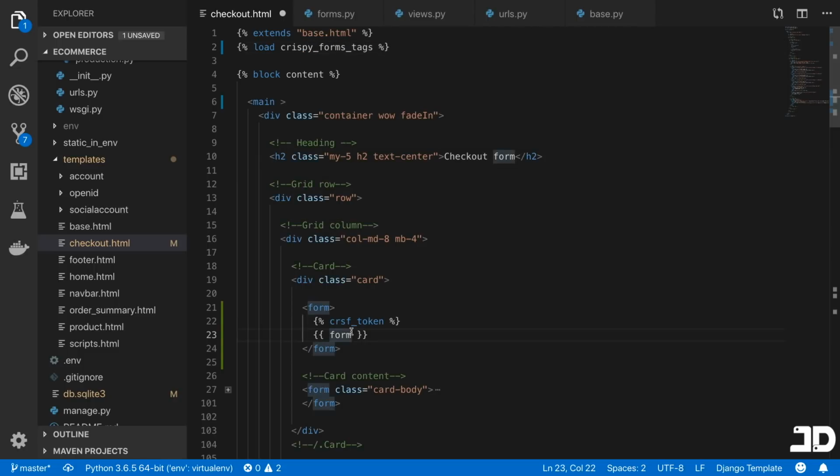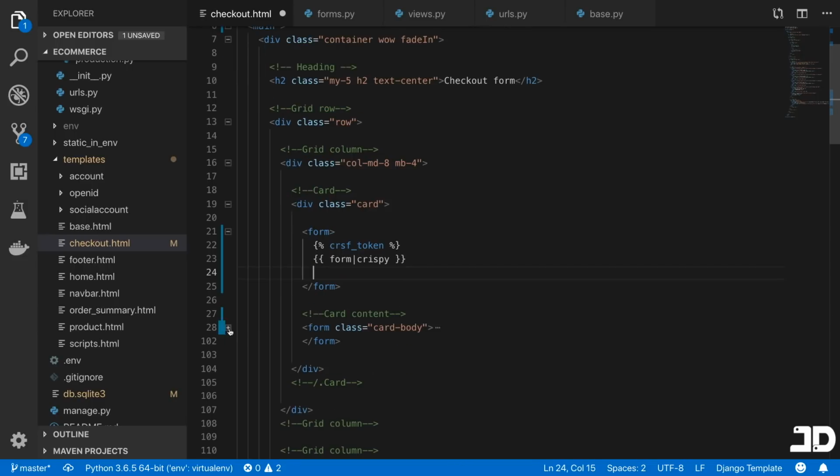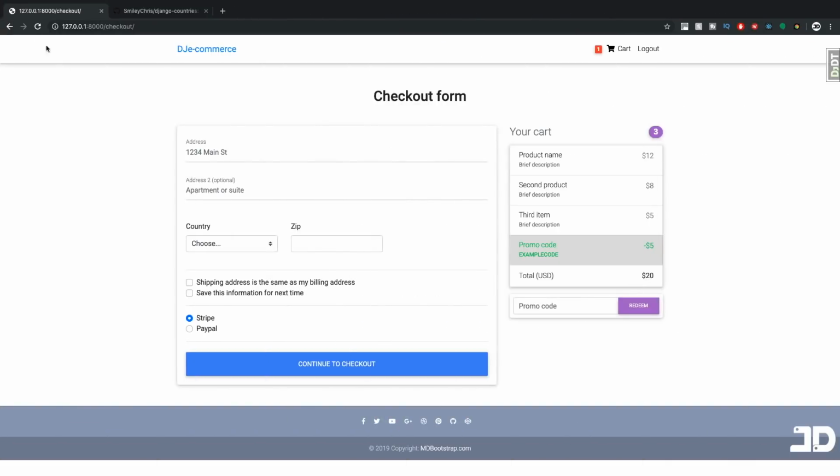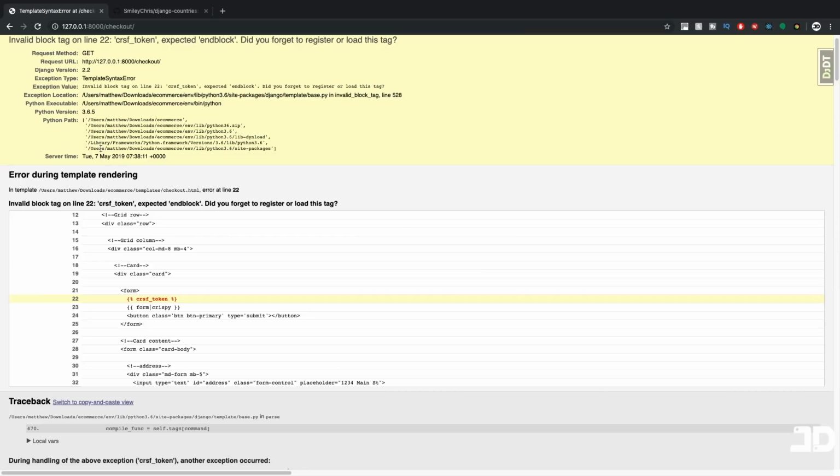And then here on the form we'll say crispy, and I'm just going to add a button as well. And I'll just say class is btn btn-primary, and say type is submit. Now let's refresh this,